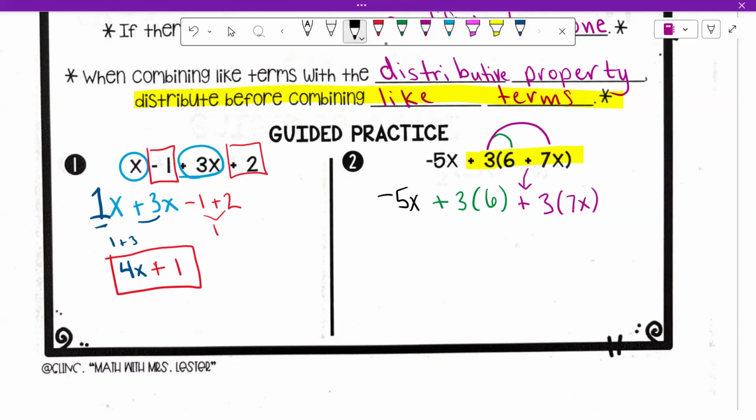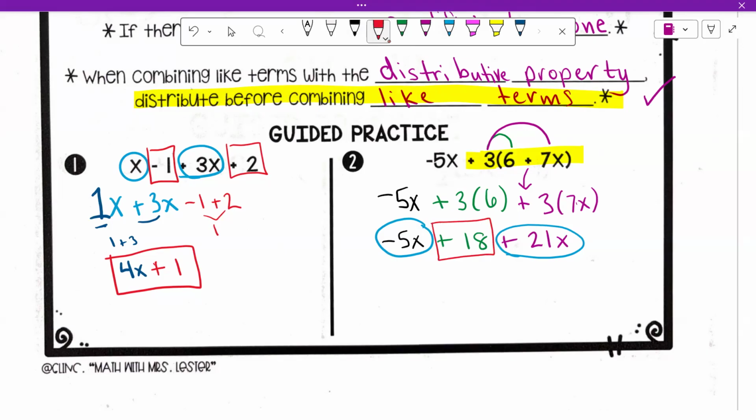So showing my work. Still showing my work. Negative 5x. 3 times 6 is 18. Plus sign, 3 times 7 is 21. The x comes along. So there's our distributive property. So I did this step. Check. Now I have to combine like terms. So I need to first identify what my like terms are. And again, I have a 5x. I have a 21x. Those are like. 18